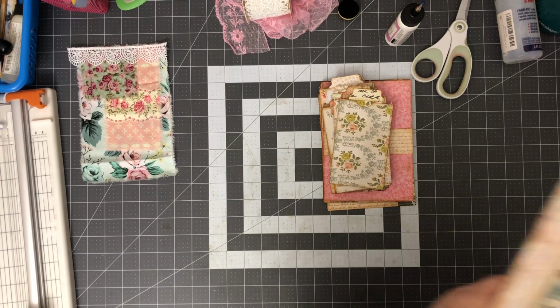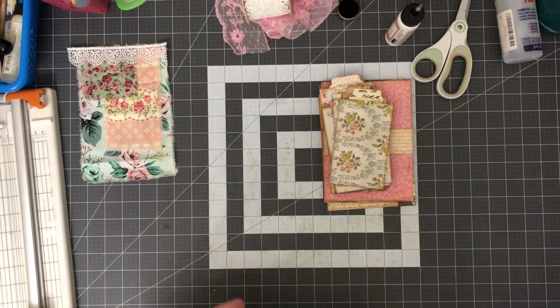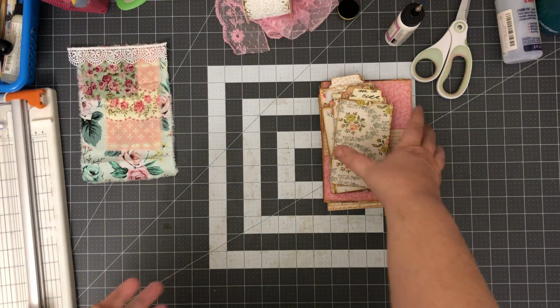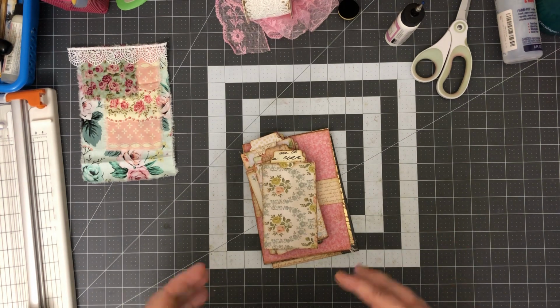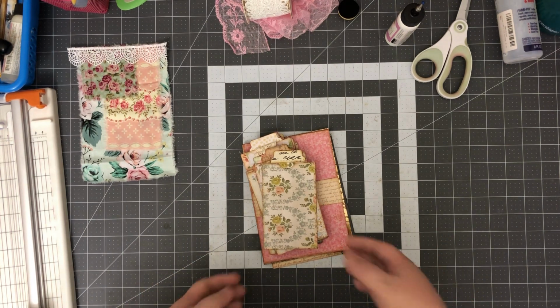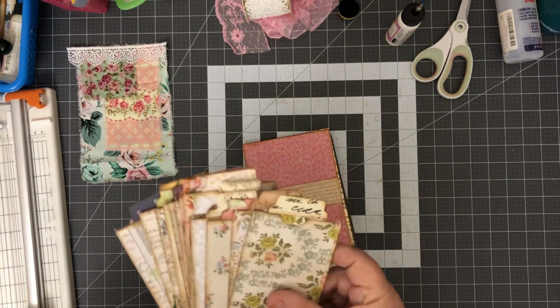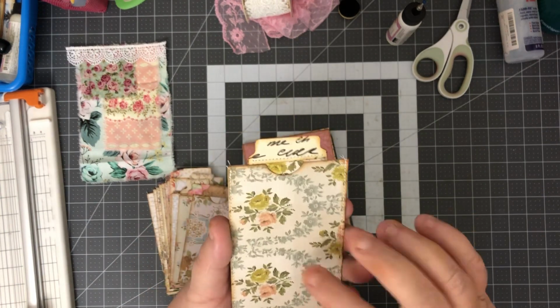I'm gonna work on this Stamperia Wonderland journal. First I want to show you kind of what I've been up to the last couple days. I haven't really felt like working on the journal, but I did feel like creating stuff. So I did a bunch of mass makes of this little thing, which is just